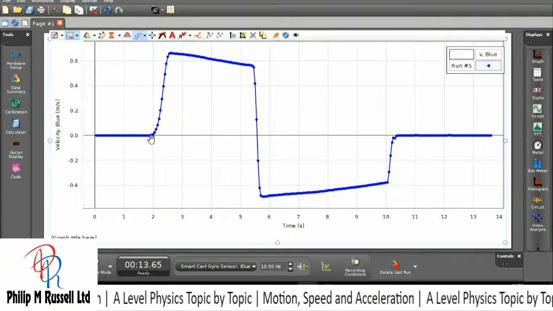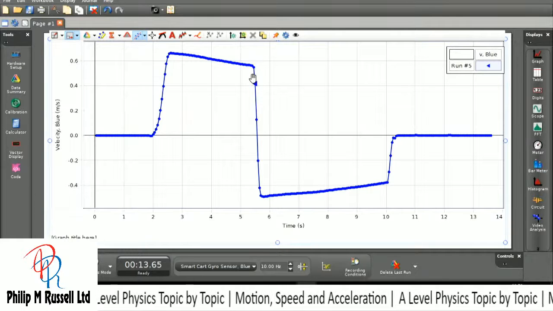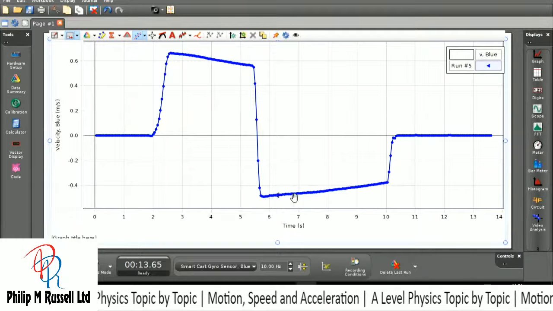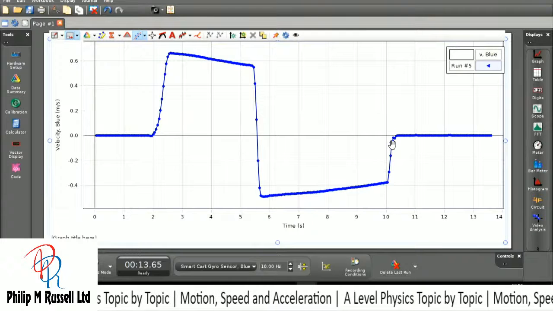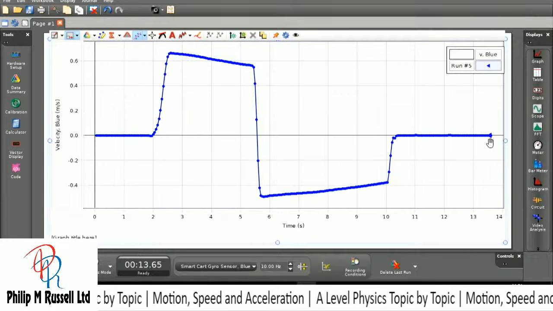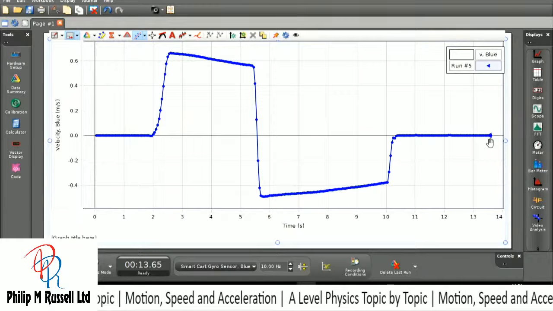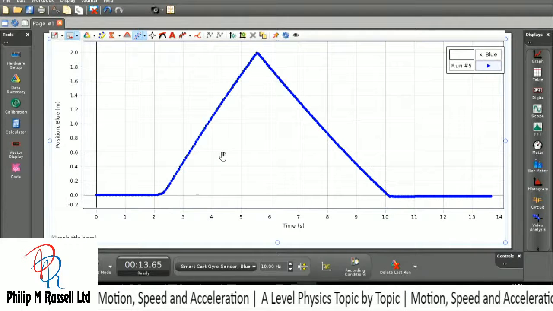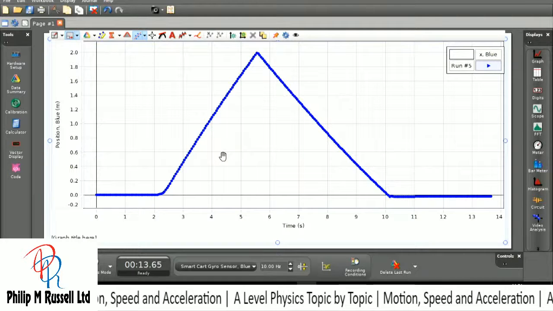So stopped, acceleration, constant velocity, which it isn't, stopping and starting again, the bounce, constant velocity, which it isn't, it's slowing down, and then me stopping the cart fairly quickly and it being stationary again. So we've got here my velocity time graph and also my position time graph, and we can see that we get some interesting sort of